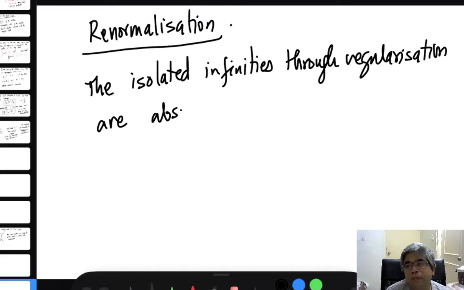So what are the physical parameters of the theory? Say for example, in this particular case, let's look at the wave function of QED, the QED Lagrangian. So the physical parameters of this theory are